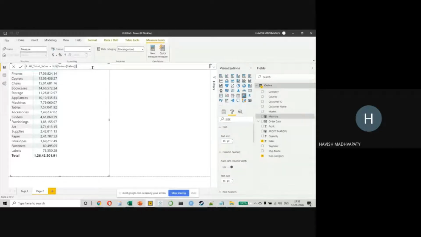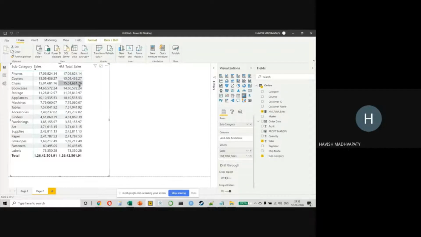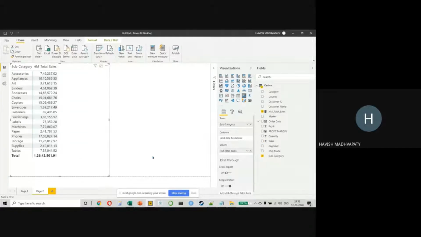Now I know what you guys are thinking. You might wonder, but what is the point? If I keep this in values, then you notice you're getting the same result. Both of them are the same because this is sales which is coming directly from the original data set. This is the measure that we have created. But remember, the difference here is that I have better control over the second one because I have created it. The first one is something that has been automatically created. So I don't need this, so I'll just cancel this right now.